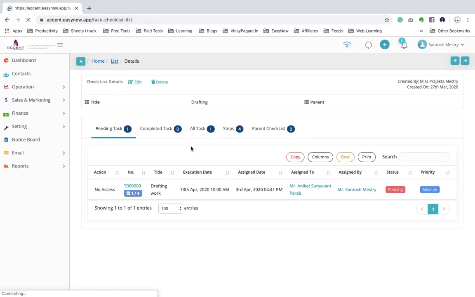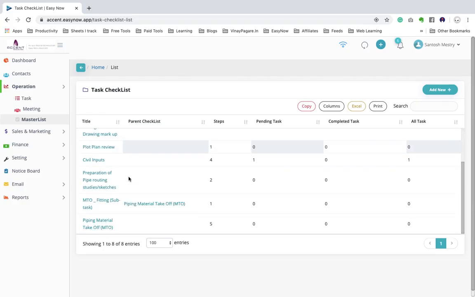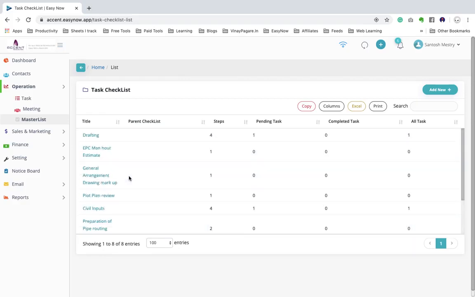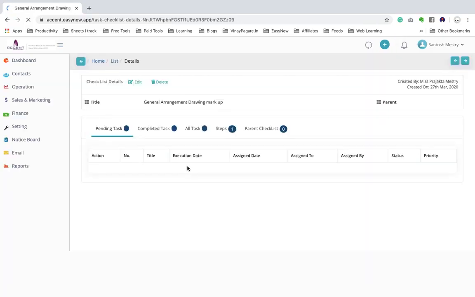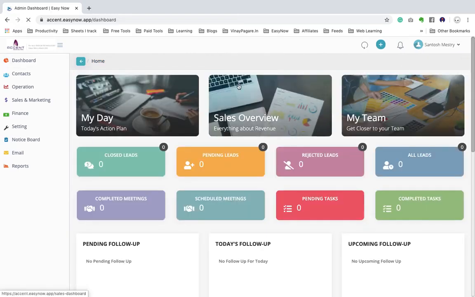And if you want to see the types of tasks that we have, these are the types of tasks in the master list. Then if you want to see the steps, you will get to see the steps here. So this is the overview of how we use the task to allocate the work.